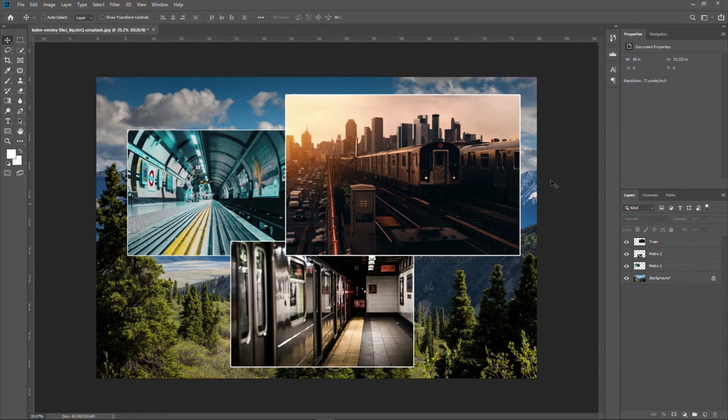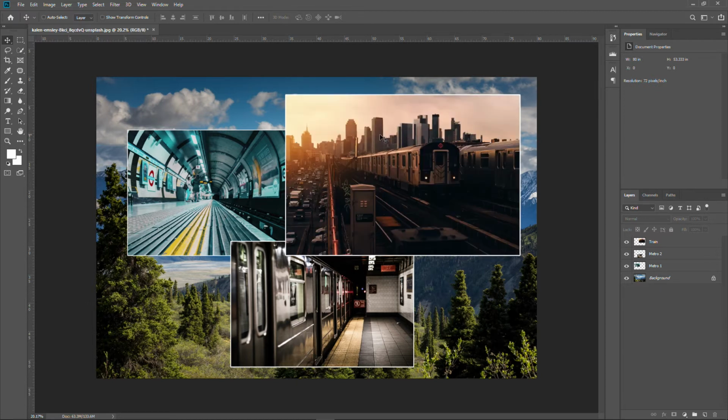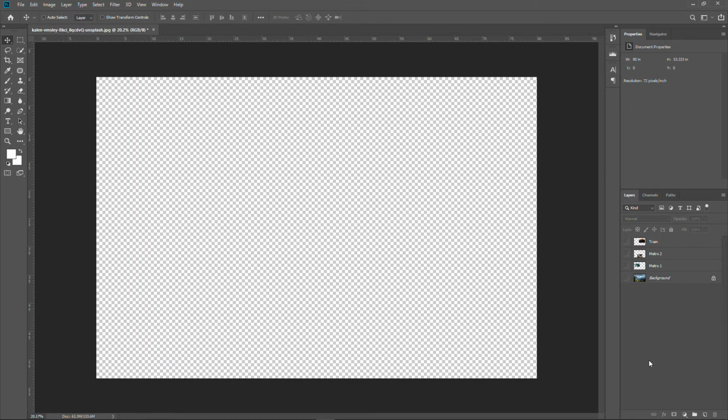If you want to hide one of these layers, it's very simple. You're just going to go here on the eye icon and simply click on the layer you want to hide. You can also hide multiple layers by clicking and dragging to the bottom, and it will automatically hide these layers. And as you guys can see, if you hide all the layers you have, what you will see is a transparent